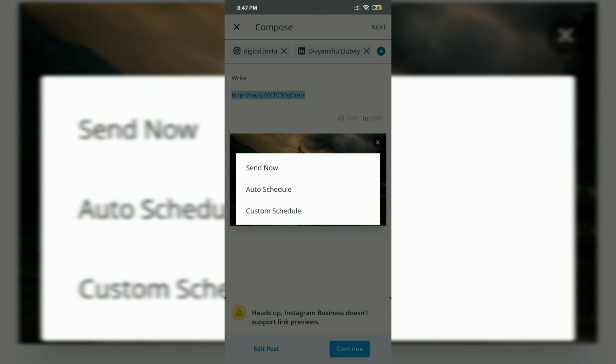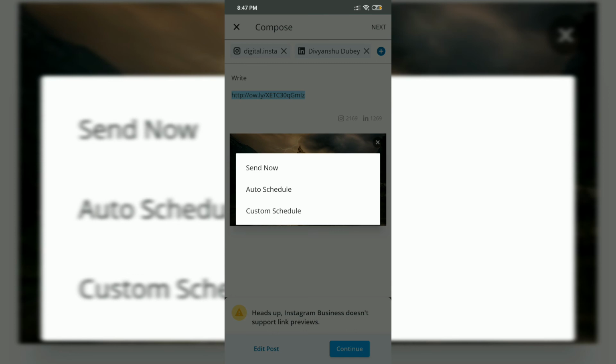Once I continue here, options of send, auto schedule and custom schedule are available over here. The error it is showing is because you cannot publish links over Instagram, as these are not clickable, so it is just showing one warning, that's all.